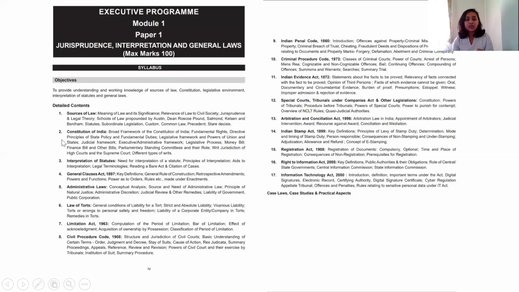Now, in this chapter, we will touch upon a wide variety of topics. We'll study about the preamble, about the fundamental rights, fundamental duties, the directive principles of state policies. We will study about the powers of the president and the governor. We will study about how power sharing is formulated between the parliament and the states, and more importantly, we'll study about how parliament formulates these laws, how they legislate these laws.